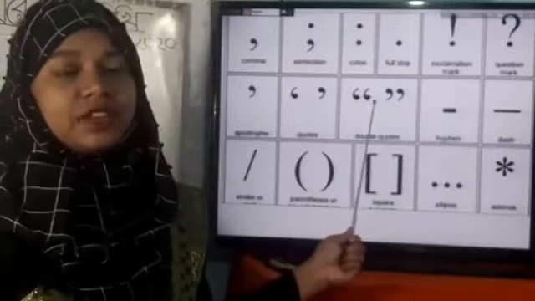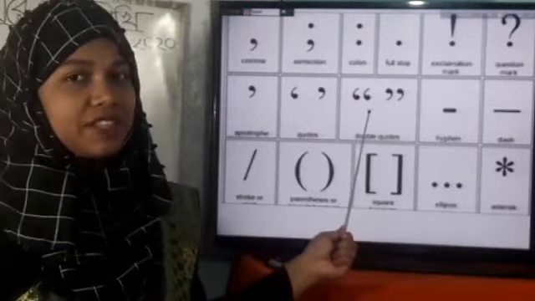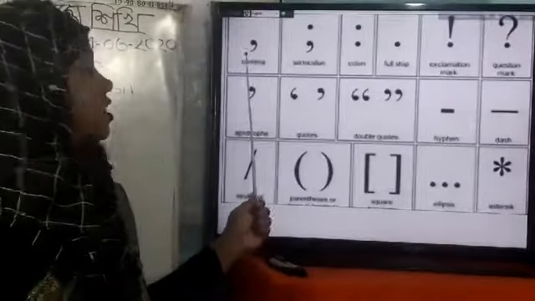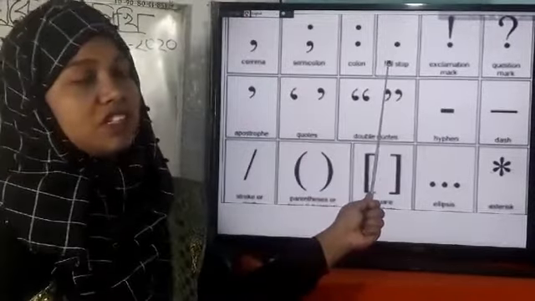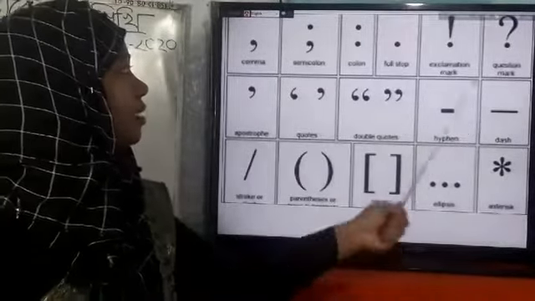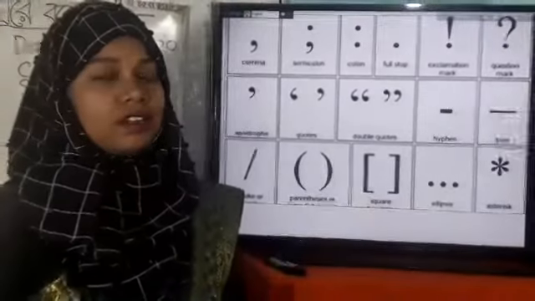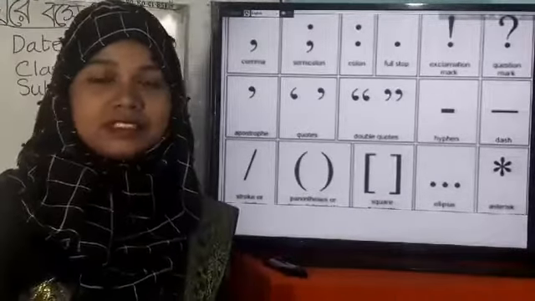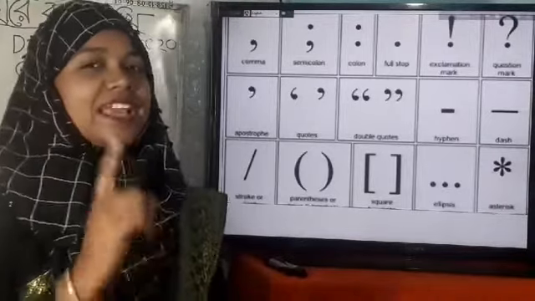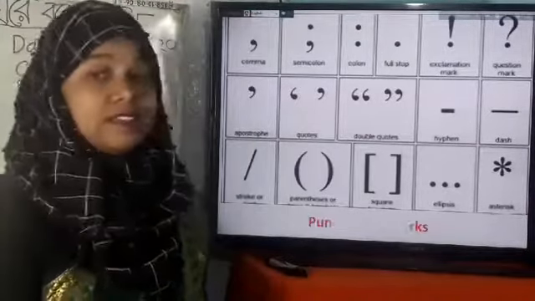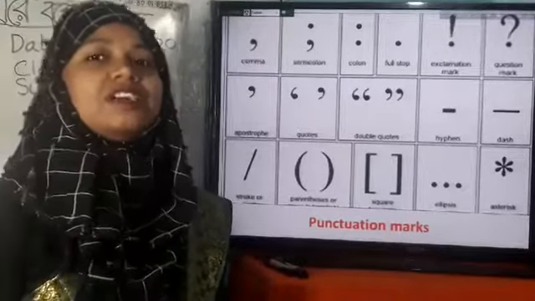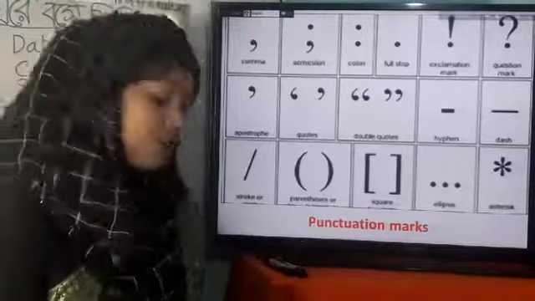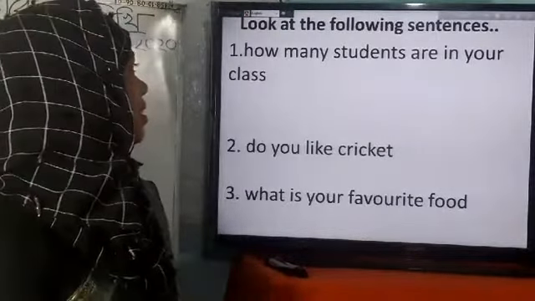Next, now look at this picture, dear student. What can you see in this picture? There is comma, semicolon, colon, full stop, and other marks. So, what kind of picture is it? Can you guess? I think you can guess. And this is punctuation marks. So, my dear student, our today's lesson is about